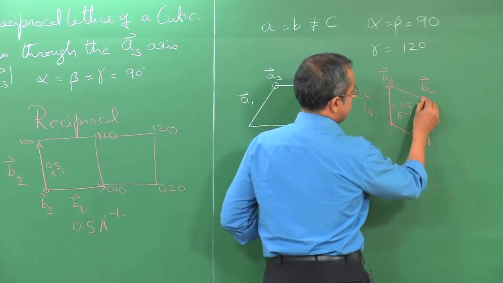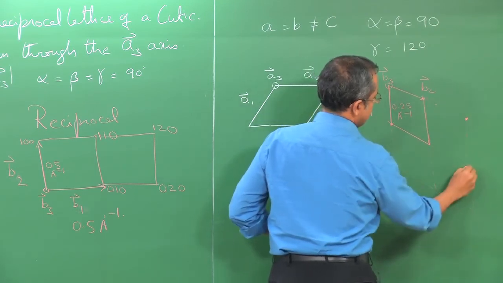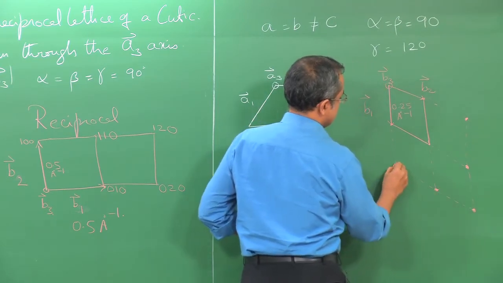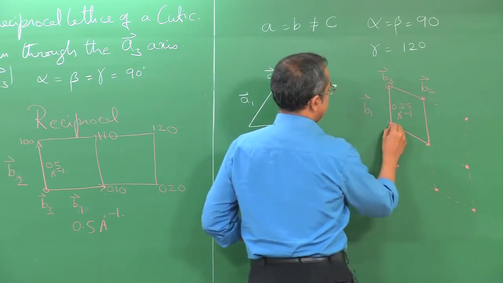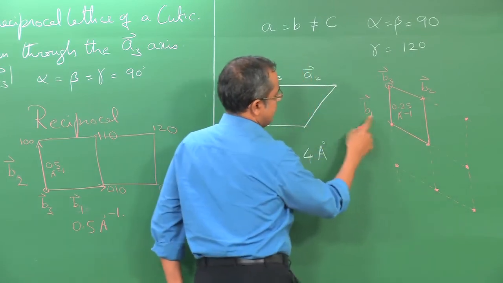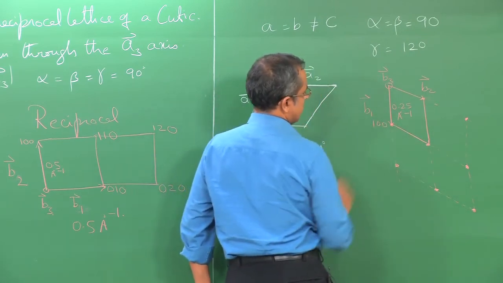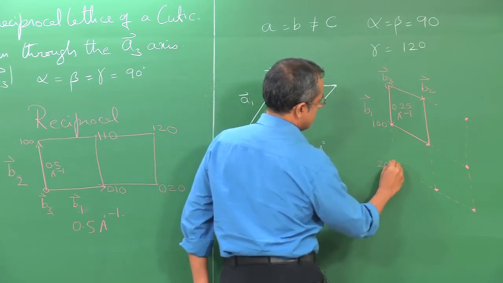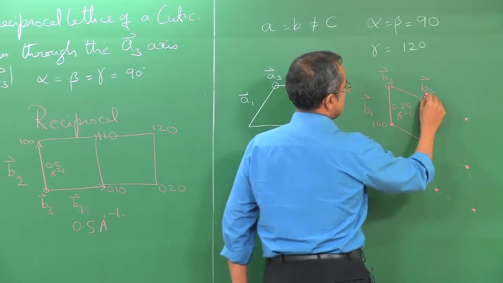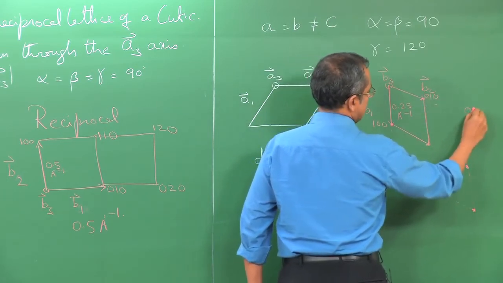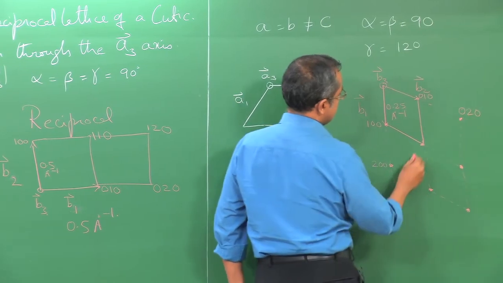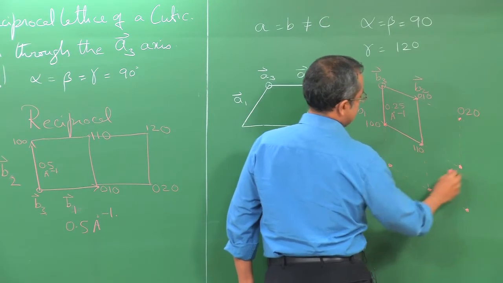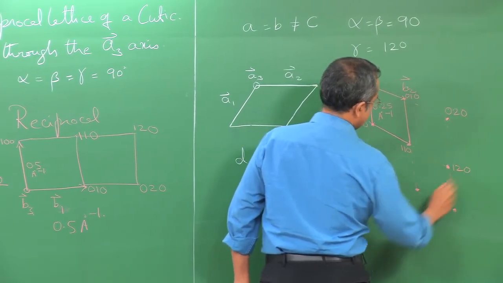So, you can see additional points would appear here, this would be a point, this would be a point, and you can label them exactly the same way we labeled before. So, this is B1, so this is 100 and you just write it that way without any brackets. This would be 200, this is 010, this is 020, right. This is 110, this is you go 1 along this direction, so 120, this is